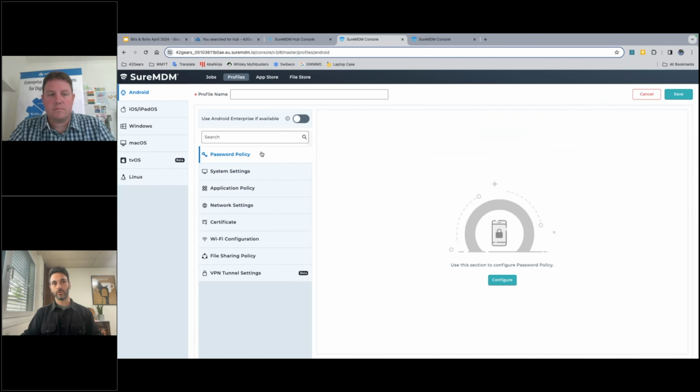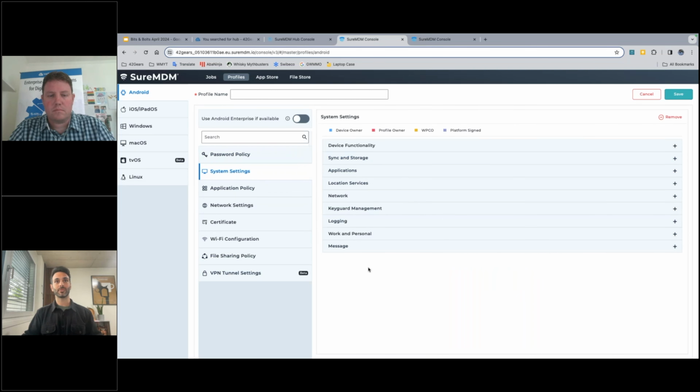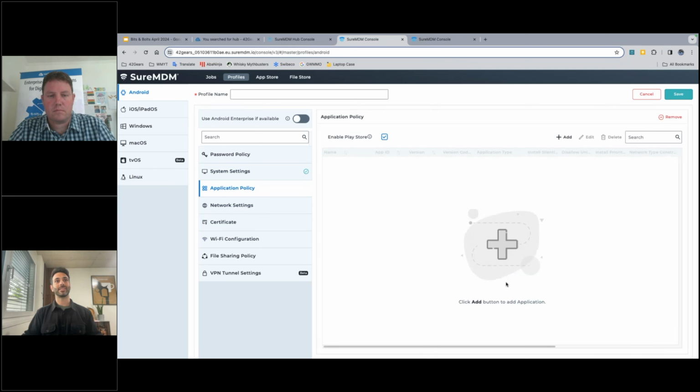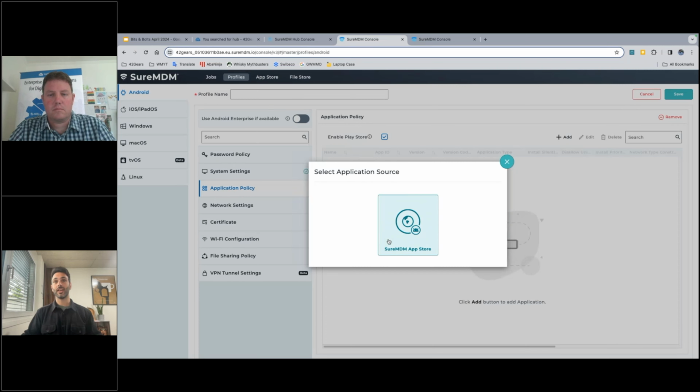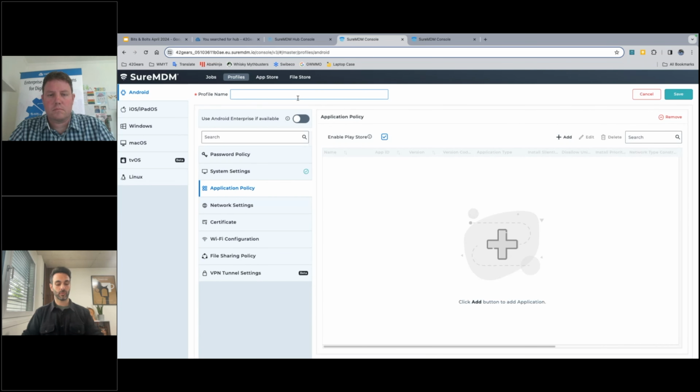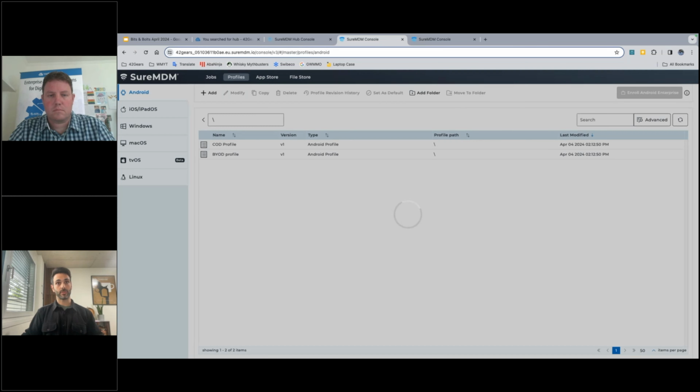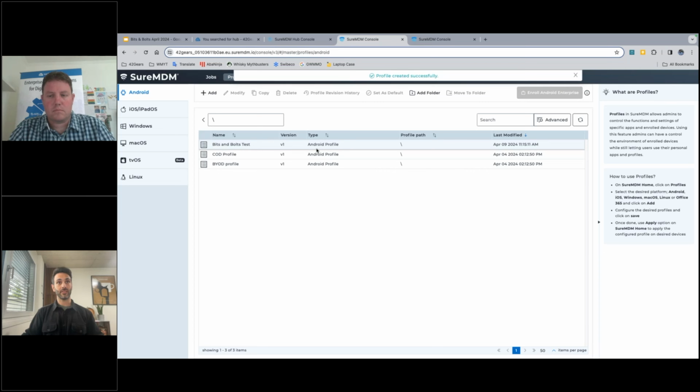And you'll here notice that some of the things are missing. So you do have almost everything in system settings, but for instance, in application policy, even though you can enable Play Store access, you're going to see that you only have access to SureMDM apps. Web apps may come later. However, right now it's only SureMDM App Store. And once you've created the particular job, or in this case profile, and you save it,